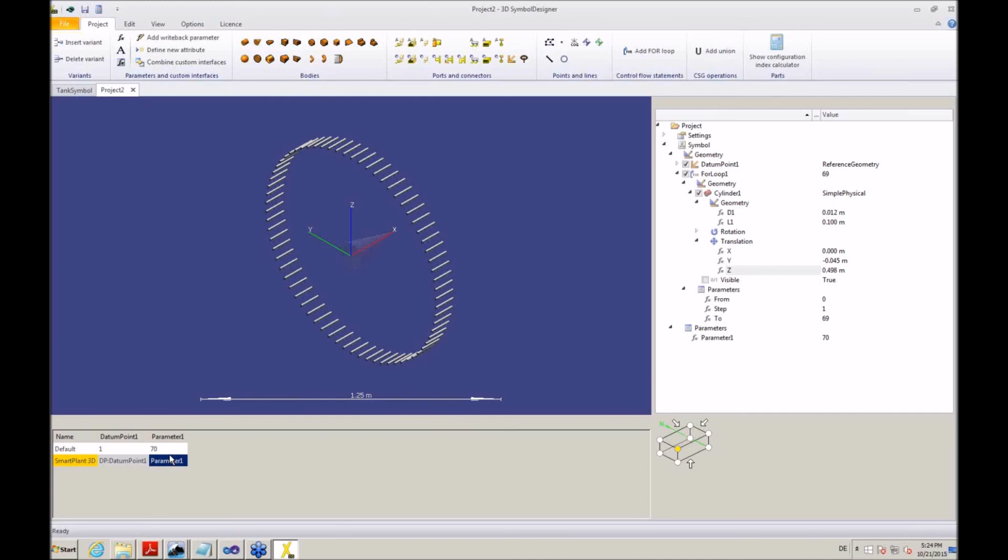I hope that you got a first impression of the workflow in 3D SymbolDesigner, because it's always the same workflow. I can make my formulas dependent on parameters, the formulas dependent on other formulas, and I can use for loops and other objects like unions, for example, to group and copy objects. So it's very easy to build up complex geometries. Plus, I